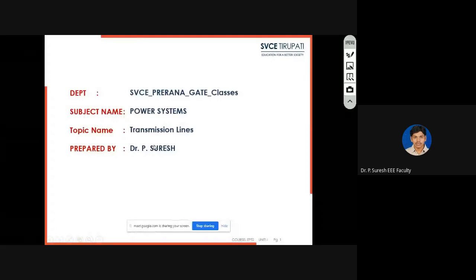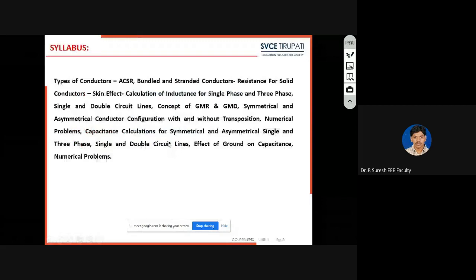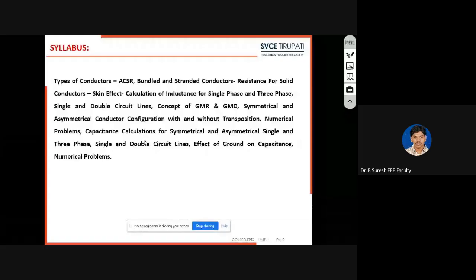So these are the parts of the transmission system. In this part: transmission line parameters, performance of transmission lines, and some mechanical considerations, such as how to design the insulator, what the factors affecting the insulator are, skin effect, proximity effect, and we will discuss underground cables. This is a part of the transmission system.